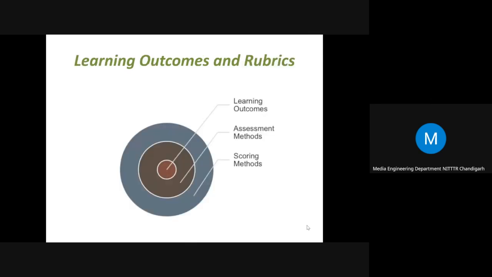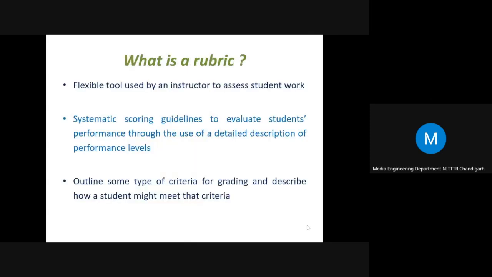When we are designing assessment methods, the first thing is we must be very clear about what learning outcomes or course outcomes we want to assess. Then, according to that, we should have assessment methods, and from the assessment methods we assign the scores to the students, which are used for further evaluation and analysis. So let's come to the rubric. There are various kinds of assessment methods. In this first part, I will mainly explain the rubric. In the second part, the second most used assessment technique is the question paper, and I will discuss how to develop a good question paper.